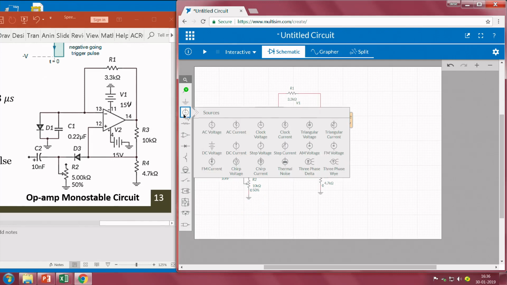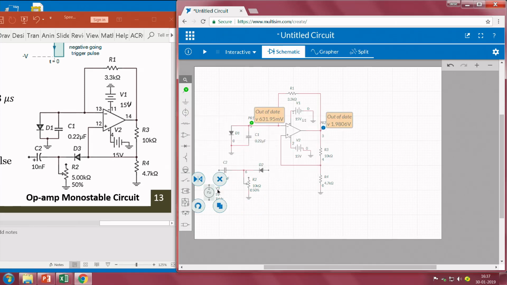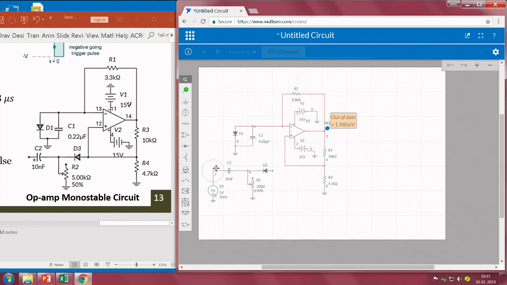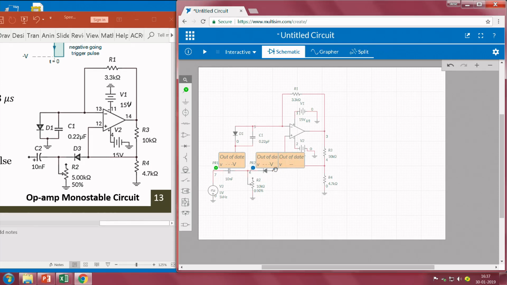So, in order to test it, what I will do is that I will take a function generator, which is nothing but in this case a clock voltage. So, I need a negative triggering. So, I am reversing the voltage. What we have also seen previously, I just reversed it. I will take a ground, connect at the positive terminal. This is what we have done. This voltage I am connecting it here because right now I am not interested in this portion. Let me check it here, and the probe PR2 will be connected at this point, and one more probe should be connected at this point. But since it is floating, you cannot see anything.